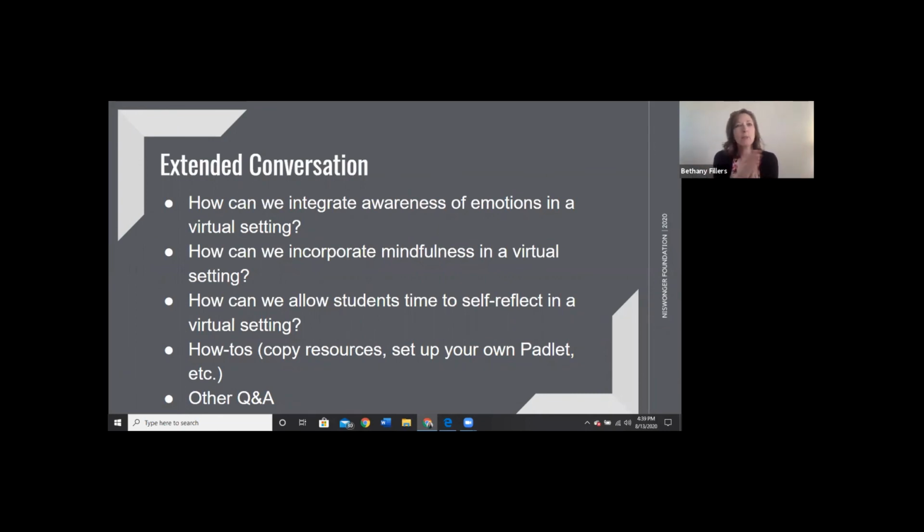So maybe there's a way to create some kind of visual version of what those things are, and that would help a student to actually name what I mean by struggle in a self-reflective way, versus I'm just struggling, or I don't know how to do this, and then they're just kind of done. It helps them name what the stumbling block might be, so that we can then have a strategy to help them meet whatever that need is at that point.